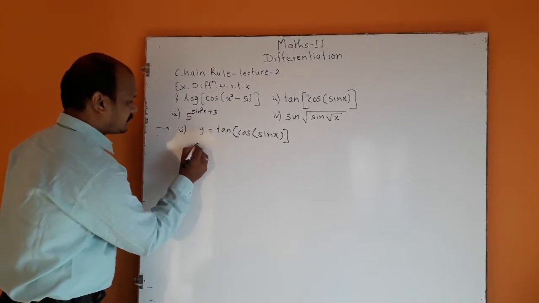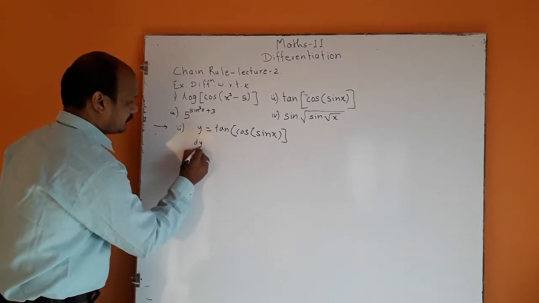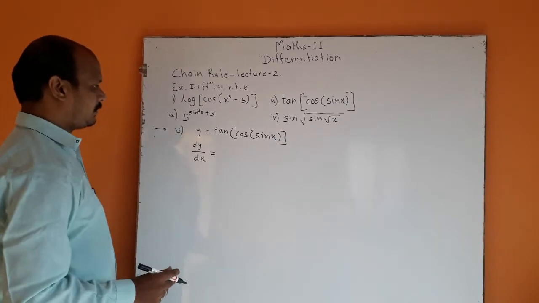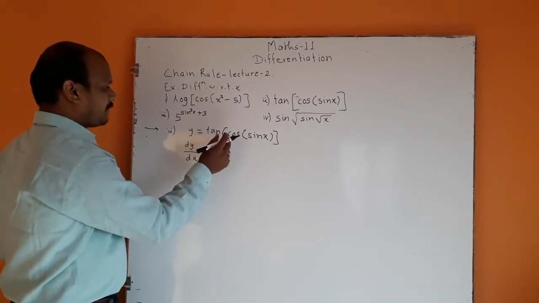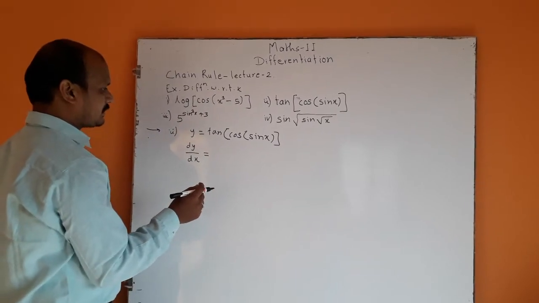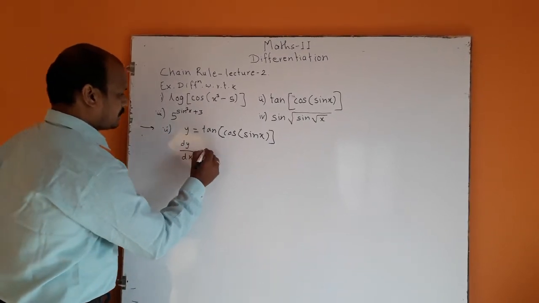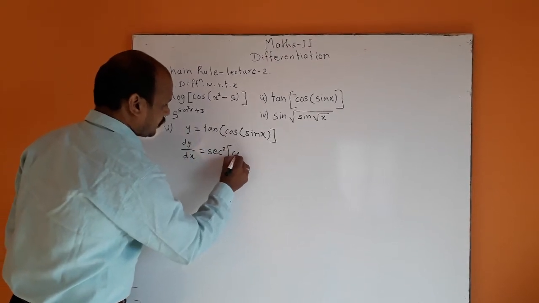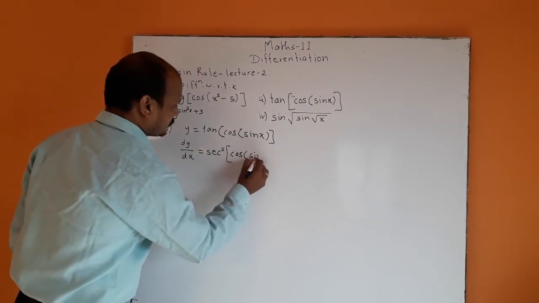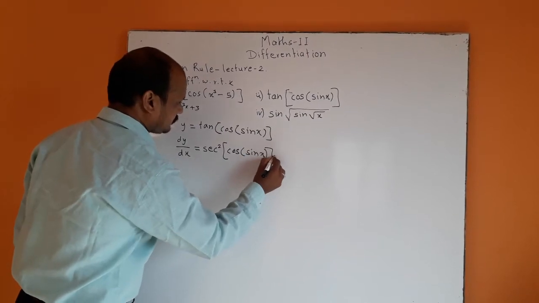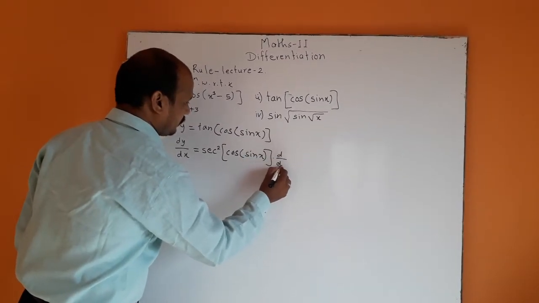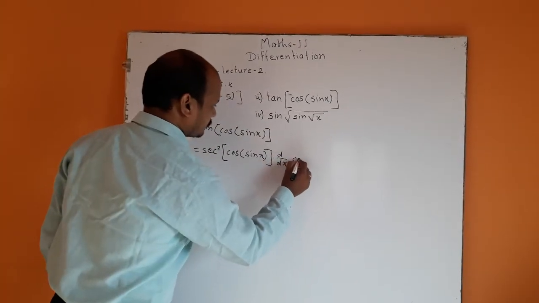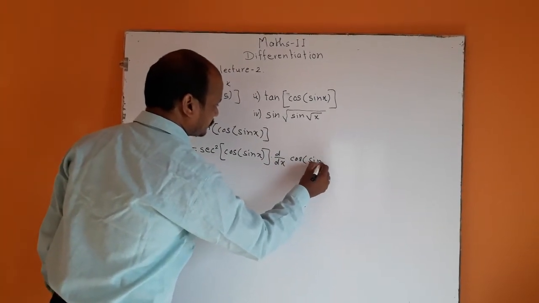We get, differentiating with respect to x, dy by dx is equal to derivative of tan of f(x), sec square f(x) into f dash of x. So sec square cos of sin x into d by dx of cos of sin x